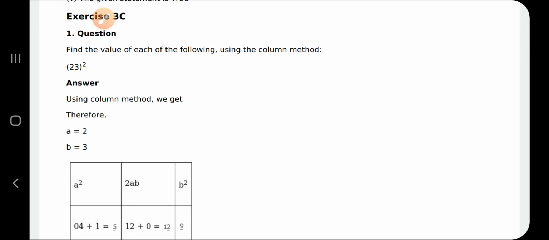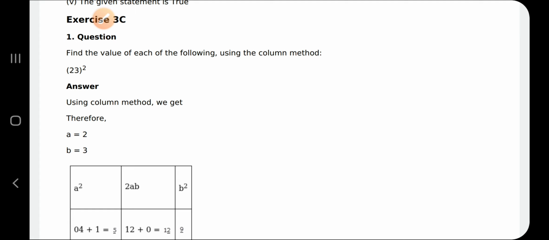In the previous video for standard 8, we had learned the process of finding the square by column method and diagonal method. Now in this video, we are going to use those methods only to solve questions of this chapter. So before seeing this video, just have a look at that video. Its link would be provided in the description box. Okay, so let's begin.